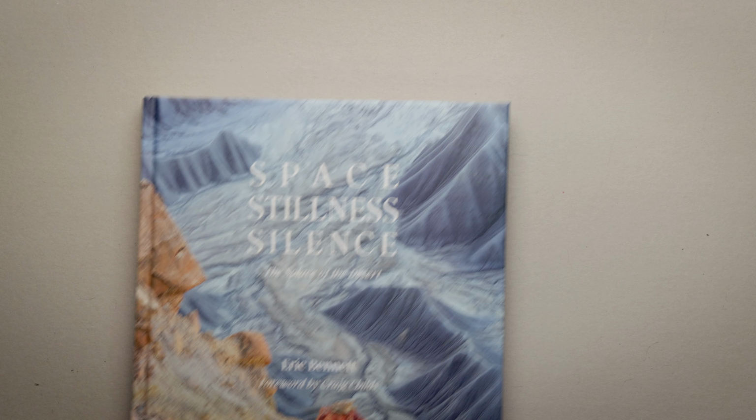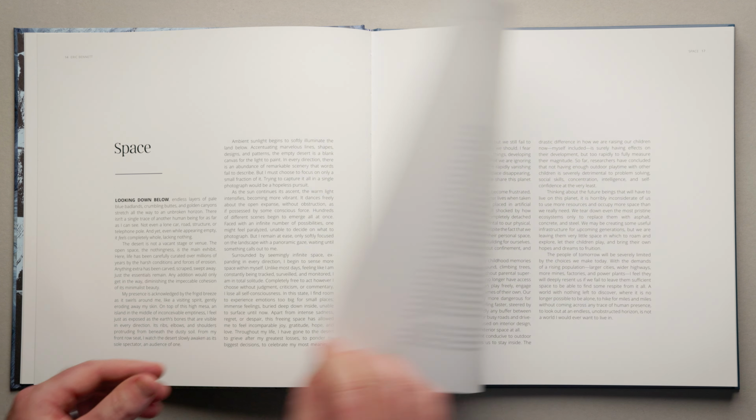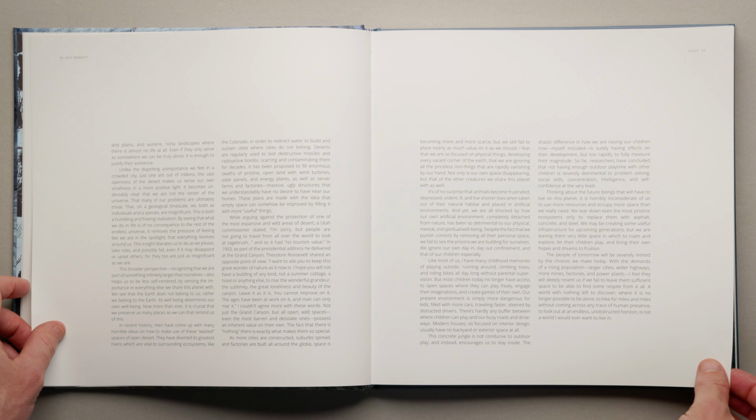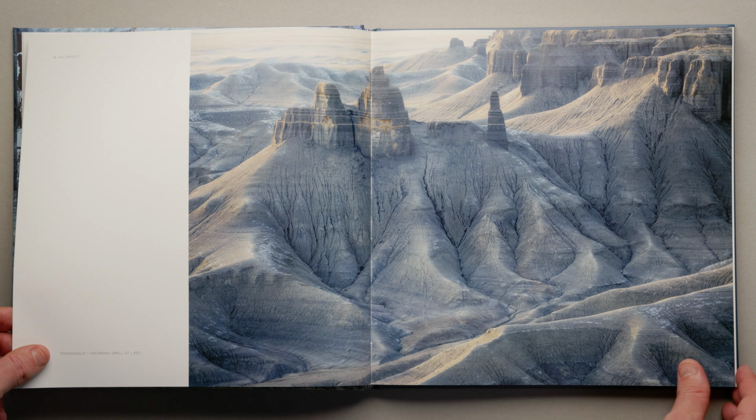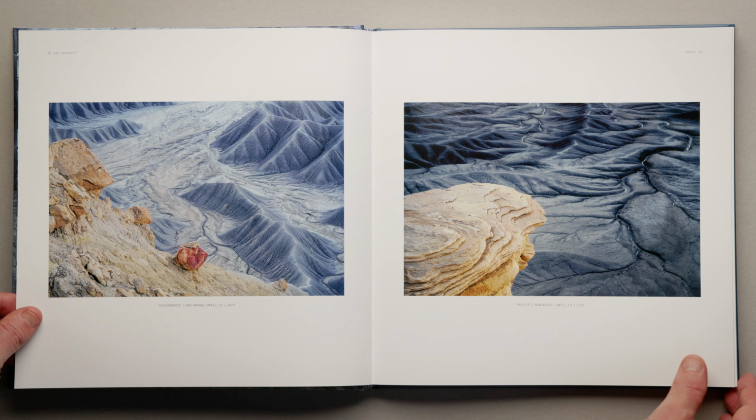Now we're on to a couple of books that focus on geographic areas, which is my preferred approach for producing my own books. This is Eric Bennett's Space, Stillness, Silence, which I believe is his second book. Certainly I have his previous book, Conversations with Nature, which is fantastic, but this is a maturing of his work into a really coherent collection of work that flows beautifully as you go through the book,